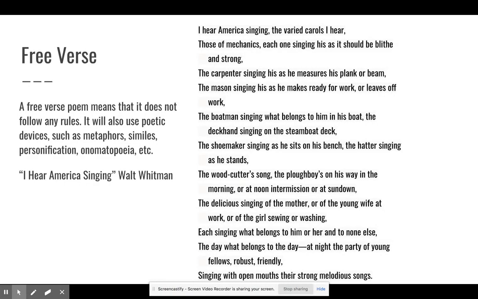The day what belongs to the day, at night the party of young fellows, robust, friendly, singing with open mouths